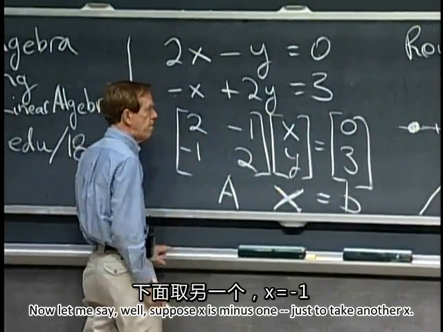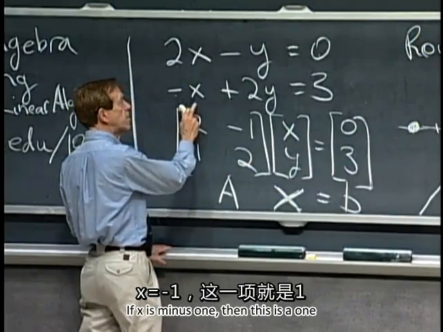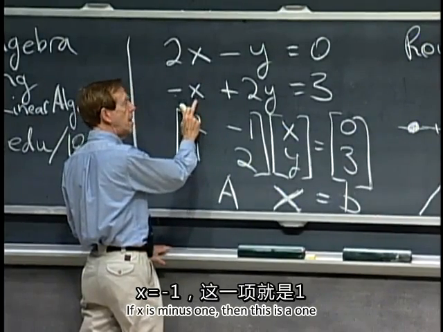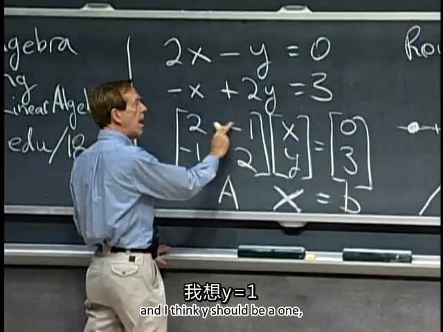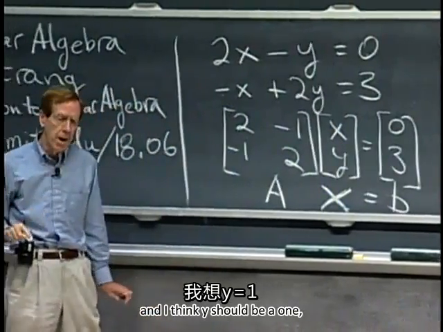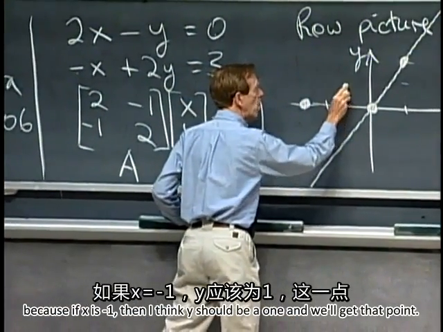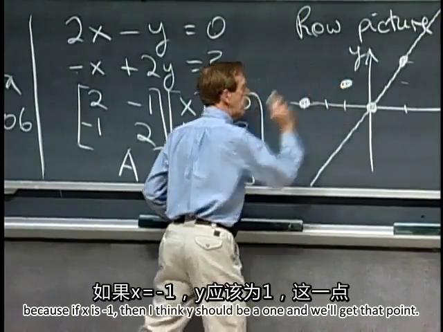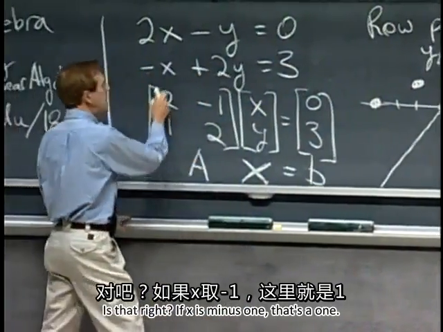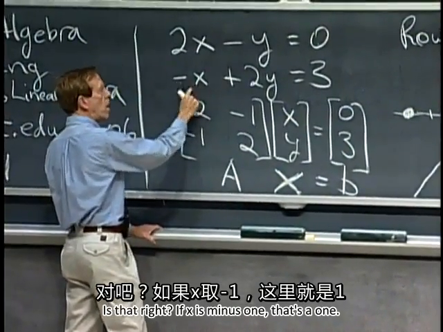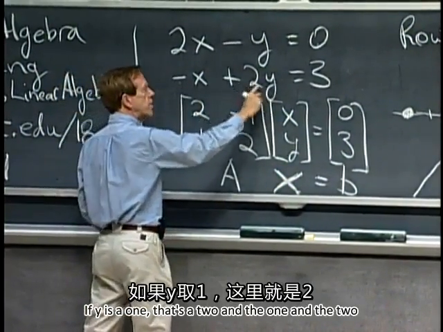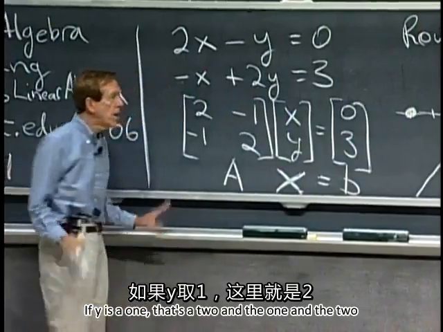Just to take another x. If x is minus 1, then this is a 1. And I think y should be a 1, because if x is minus 1, then I think y should be a 1, and we'll get that point. Is that right? If x is minus 1, that's a 1. If y is a 1, that's a 2, and the 1 and the 2 make 3, and that point's on